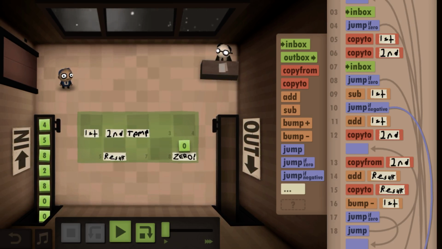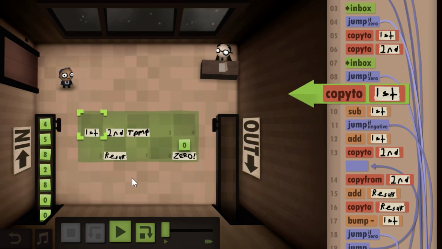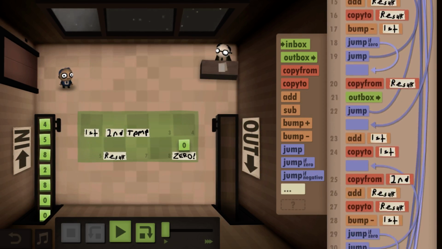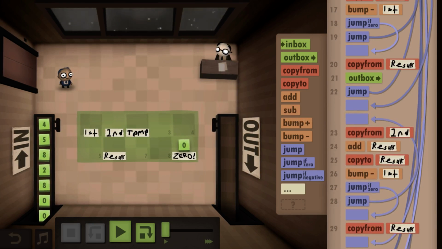So what if instead we copied to first here, and that way we don't have to add or that right there.